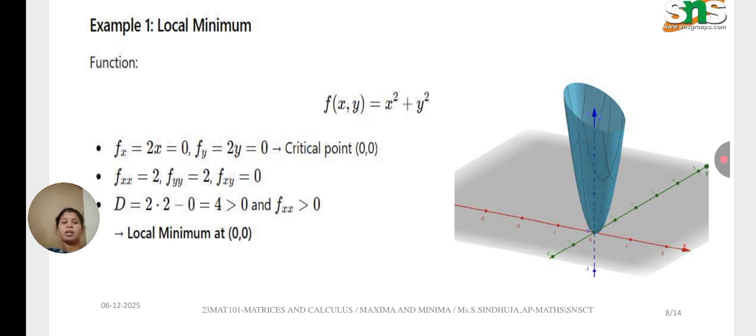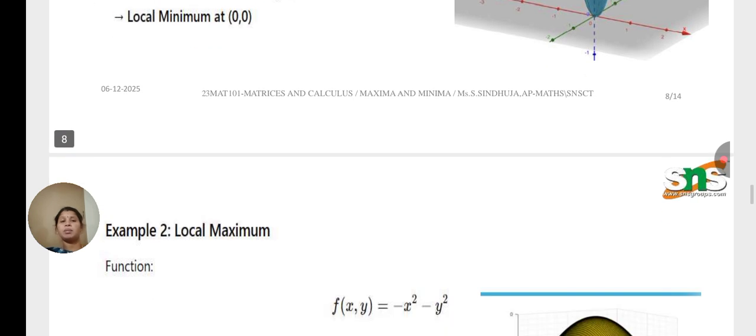When D is greater than 0, we have to check fxx also. Here fxx is 2, which is greater than 0. So we can conclude a local minimum